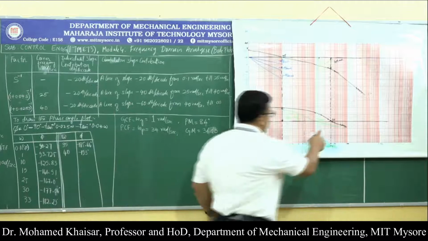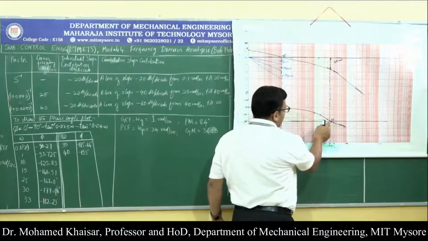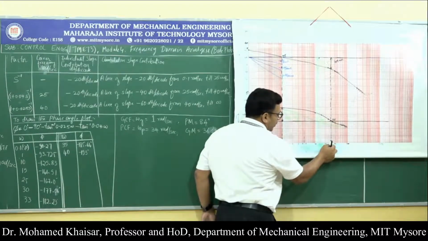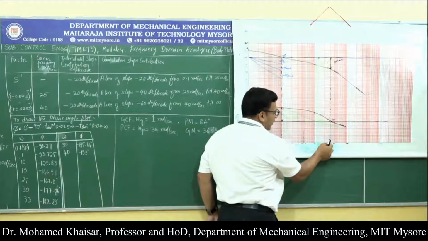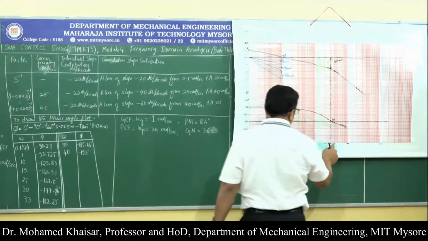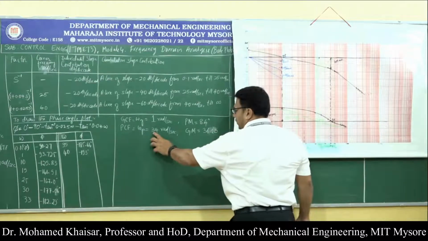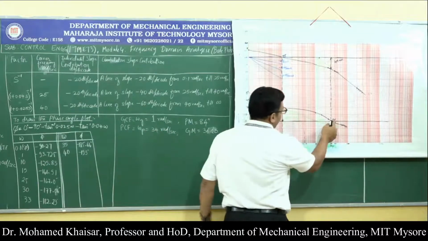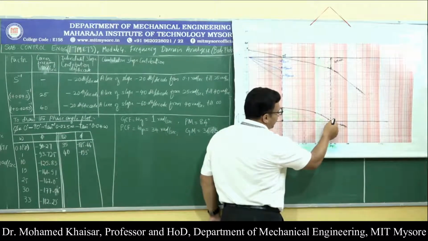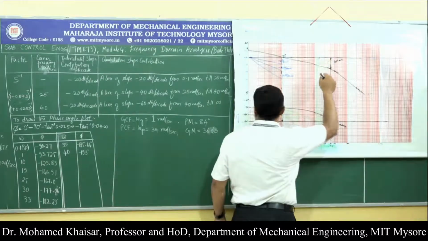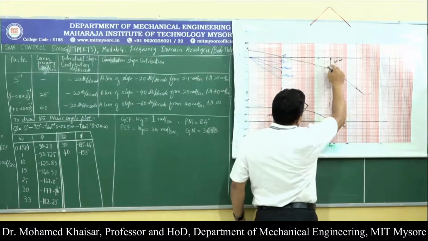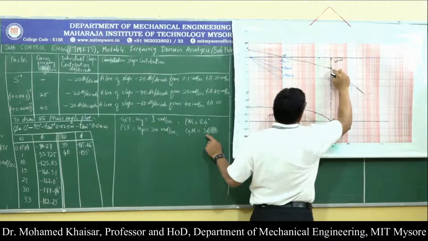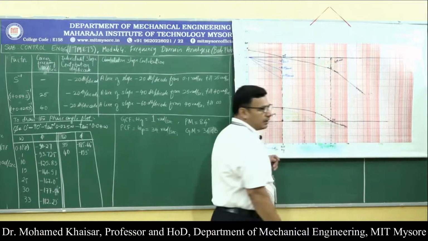Then this is the point where the phase angle plot is crossing over the minus 180 degree line. This is called the phase crossover point, and if you drop it down along the x-axis, you will get the phase crossover frequency, which is 34 radians per second. Then if we extend a vertical line from the phase crossover point onto the magnitude plot, from the point where it meets the magnitude plot till the 0 decibel line, this is the gain margin. It is found to be 36 decibels.